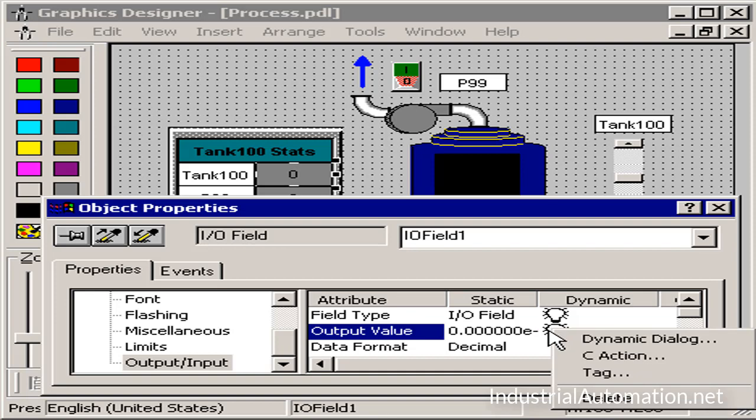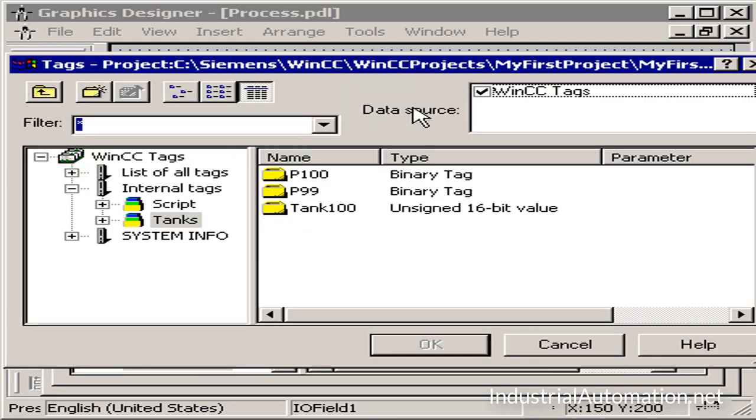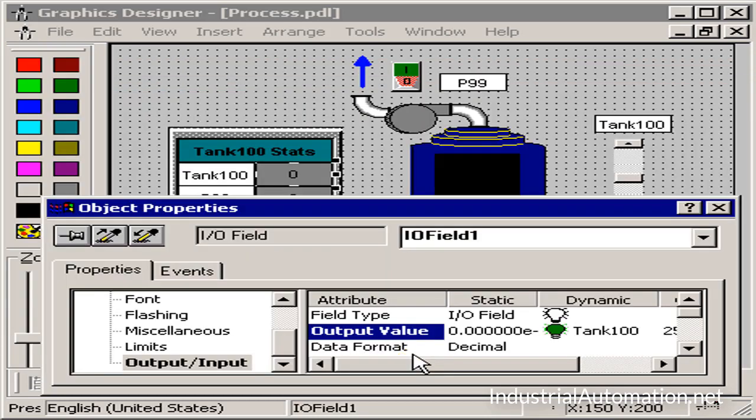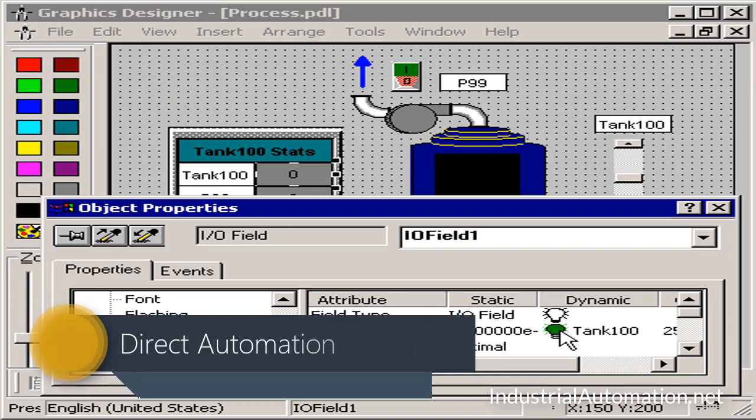the clear light bulb symbol and choose Tag. My tag browser will be displayed, and I can choose any tag I want. I've previously created my Tank 100 tag, so I'll choose it and press OK. Now you can see my tag named Tank 100 is mapped directly to my output value property of the I/O